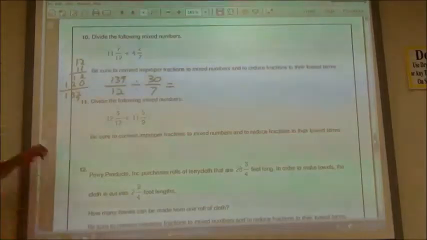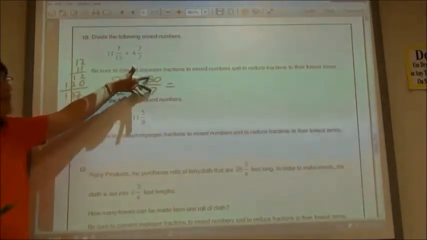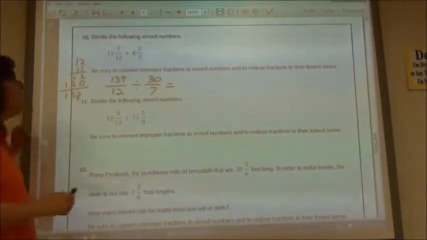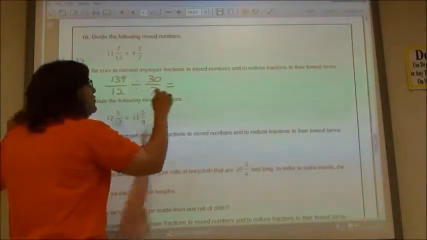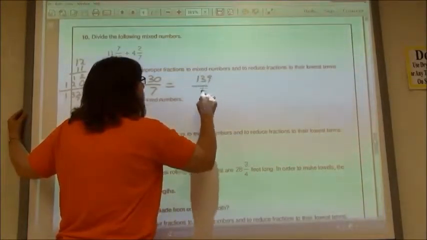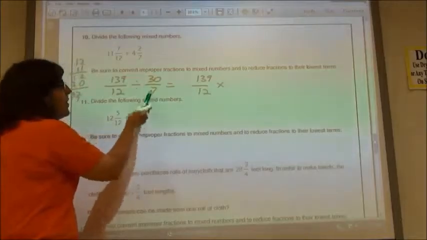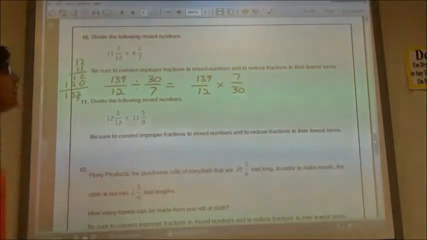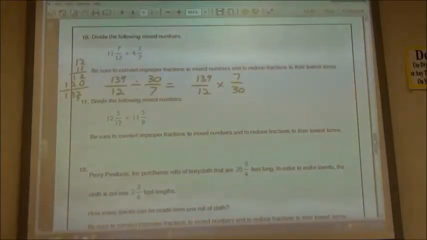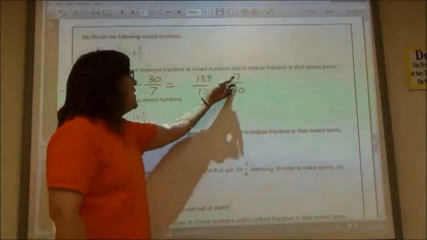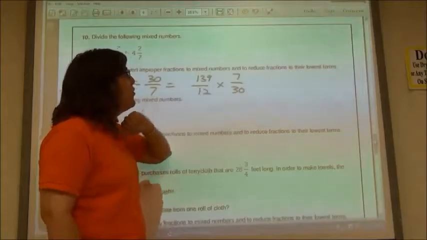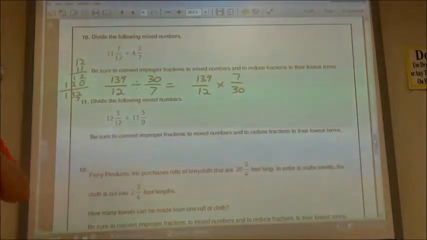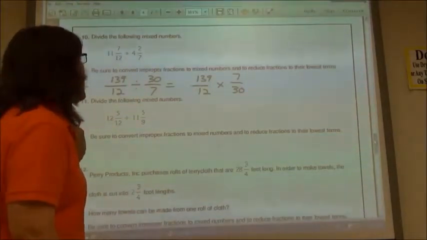Now since I'm dividing fractions, I have to invert that second fraction and multiply by the reciprocal. So the first fraction stays 139/12. I'm going to multiply it by the reciprocal, so 7/30. And again, I was hoping I'd be able to reduce, but I can't reduce the 7 and the 12. I can reduce the 139 and the 30 a little bit because they're both divisible by 3, because this, nope,